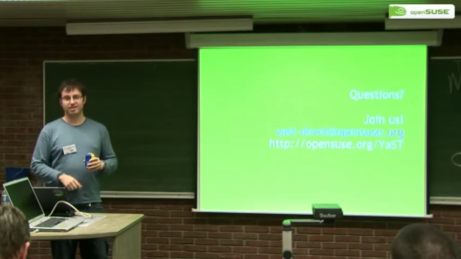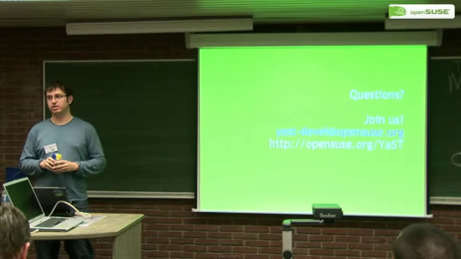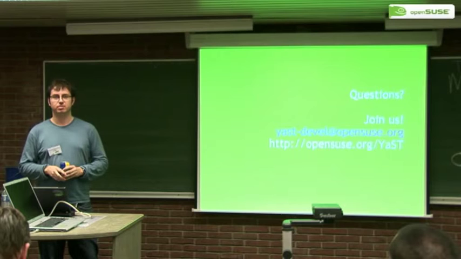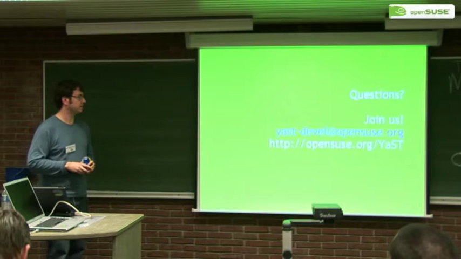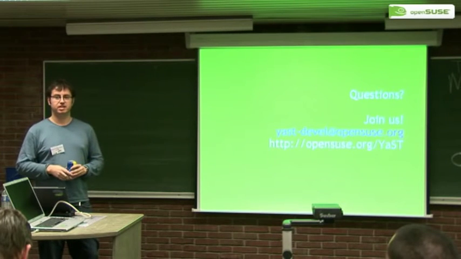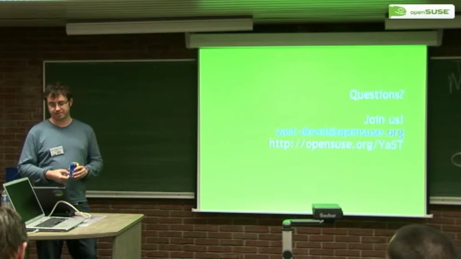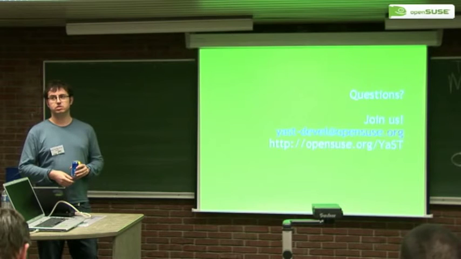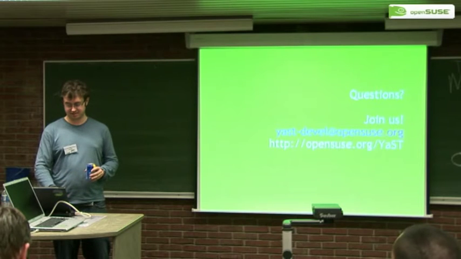And as the team leader of the team, I will request any people involved in openSUSE: YaST is seriously lacking community involvement, and we need you because we need different ideas. We are a really old team with always the same ideas, and we are lacking fresh ideas, fresh coders, people to help us develop the Python and the Ruby stuff. You can always just contact us on the mailing list, yast-devel, or the wiki page. We have all the information there. And of course, there is also an IRC channel, #yast on Freenode, so you are always welcome there. And that is it, thank you.